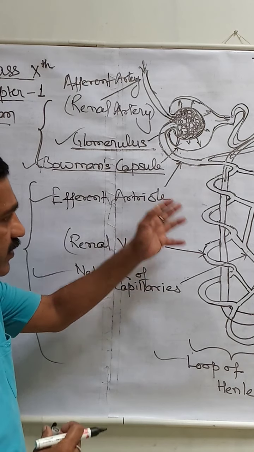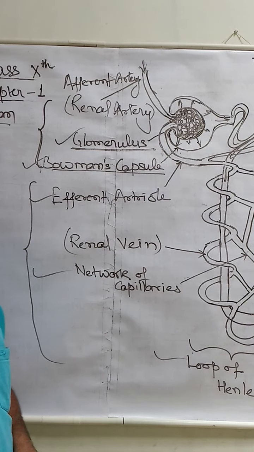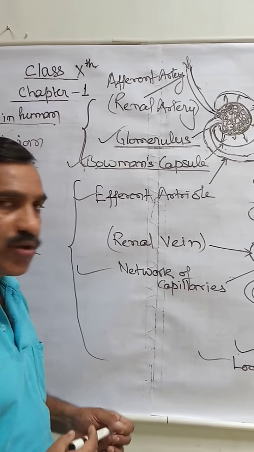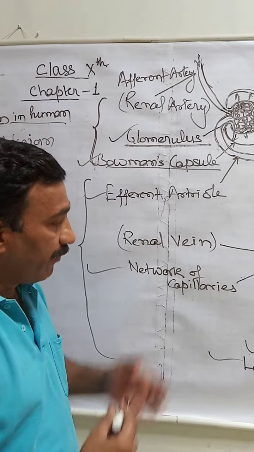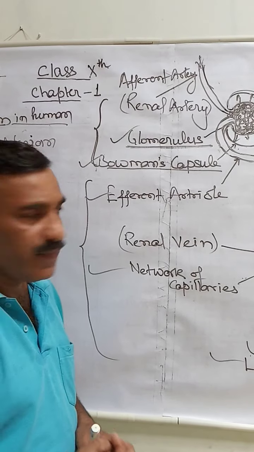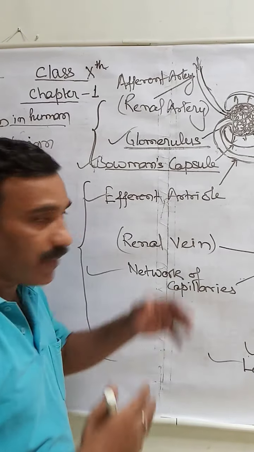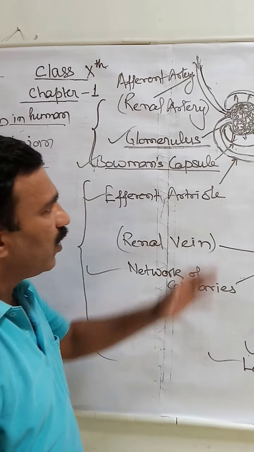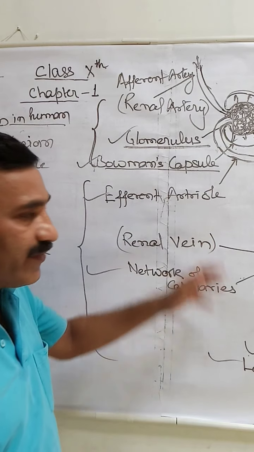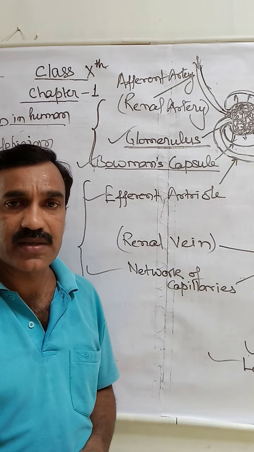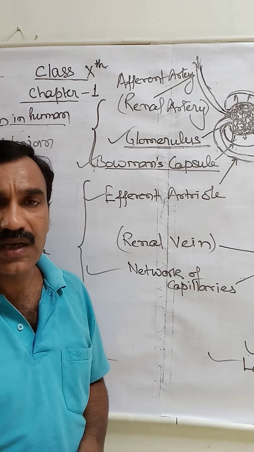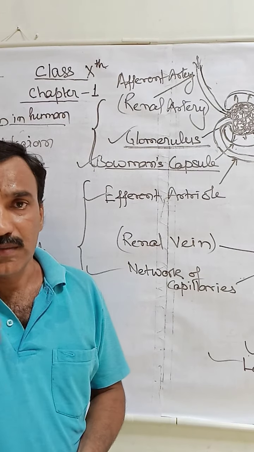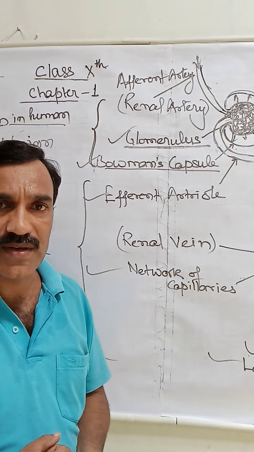Now, as I told, except the blood cells, all substances pass out. But when these substances are passing out, there are many useful substances also, such as glucose, amino acids, protein molecules, sugar, vitamins, minerals, some salts even, some ions. I mean to say, there are many useful substances along with the waste product. And if these useful substances are removed out of the body, it will create a problem to the body. So these substances are to be taken back to the blood vessels.